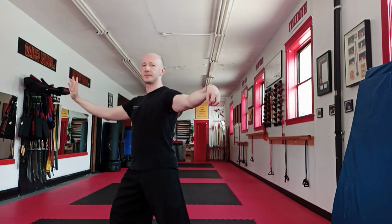We're going to put everything together here in the long form, and I'm going to base all this basically off the long form, the 13, the 16, the 49 in Yang style. Those are sort of different categories. Don't worry about that right now. Traditionally you learn the long form, and that's got everything you need in it. So if we take the long form, we actually start from single whip,